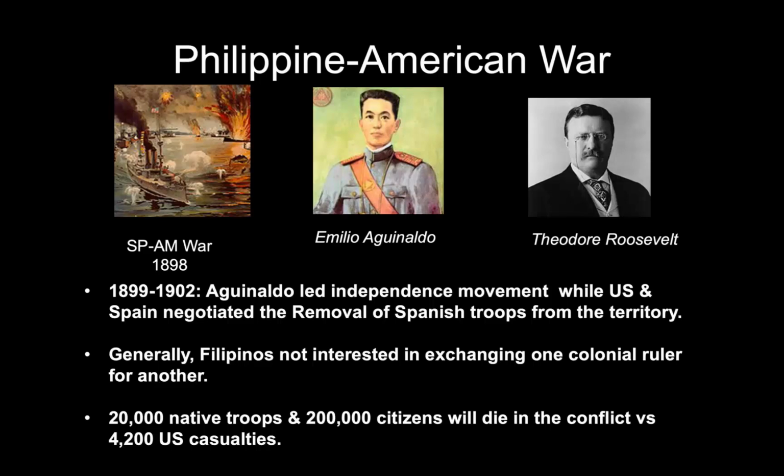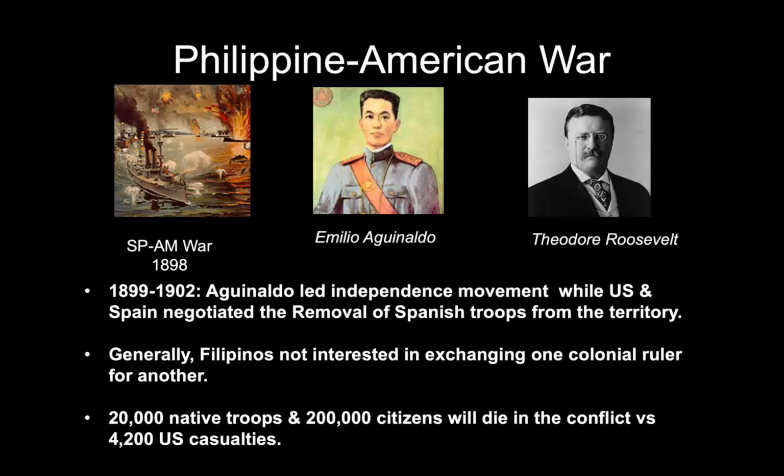And so in the Spanish-American War, that happens specifically so that the United States can get access to those islands in the Pacific for our ships to stop and refuel at. So once we have those, the Philippines are part of those, and the only country or territory that really fights against the United States is going to be the Philippines. Now, the Philippines were really excited to get rid of the Spanish that were there, but they really didn't want to exchange, I should say, Spanish authority with American authority, but that's exactly what's going to happen.